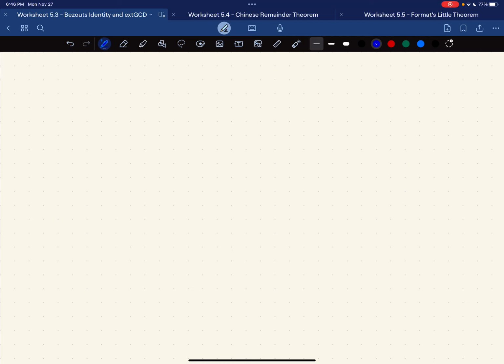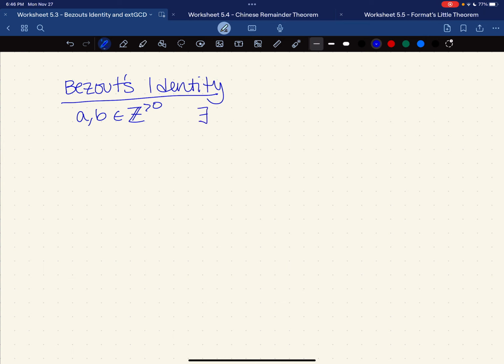Okay, so let's just take a look at some examples of Bezout's identity and how we can find Bezout's coefficients. Okay, so if we have two values, A and B, and they're in Z greater than 0, then what Bezout's identity says is that there are values S and T that are integers, could be negative,